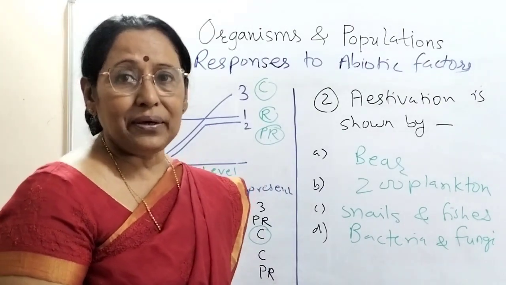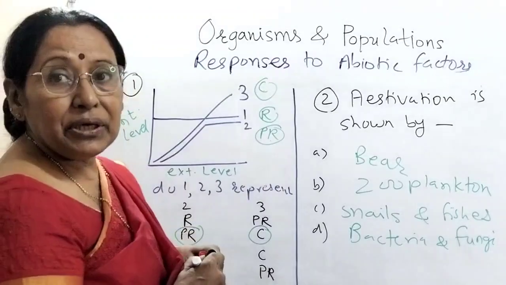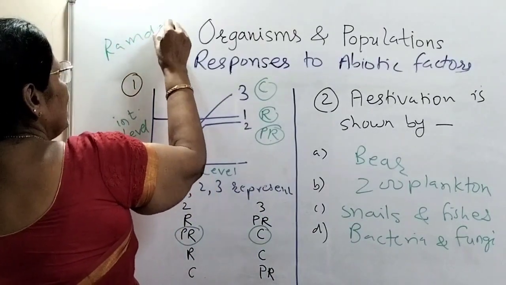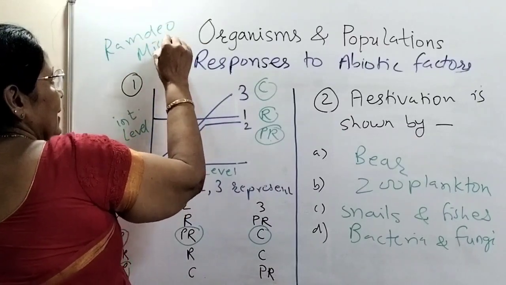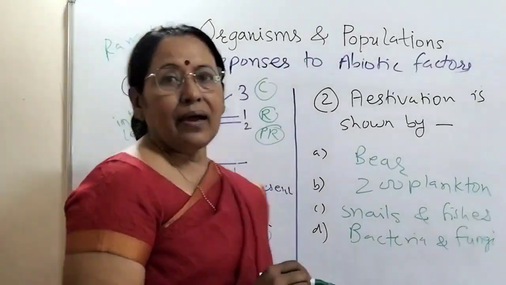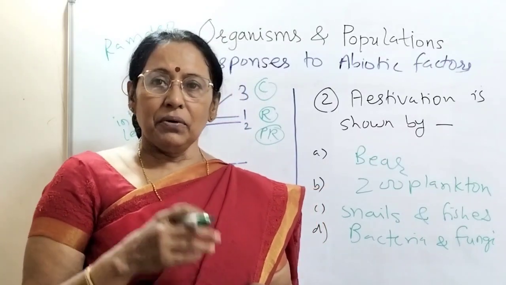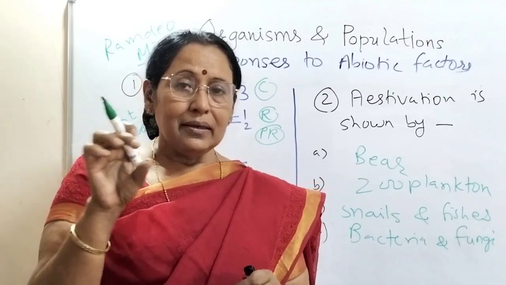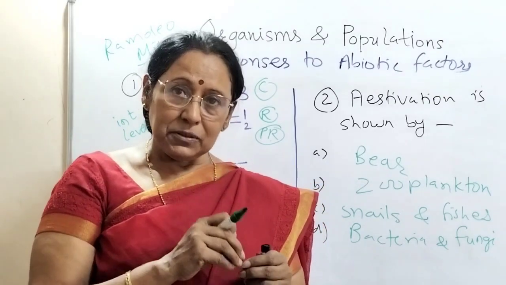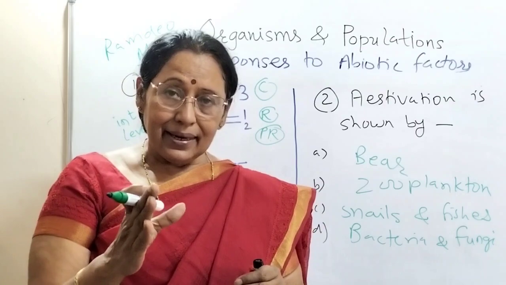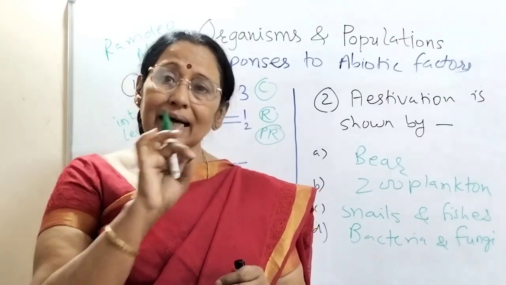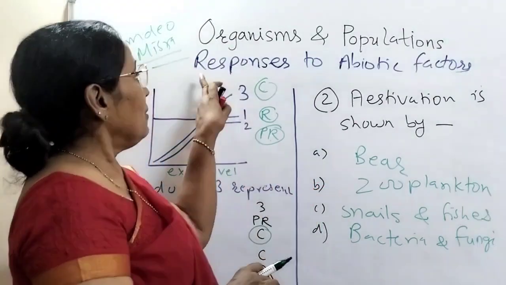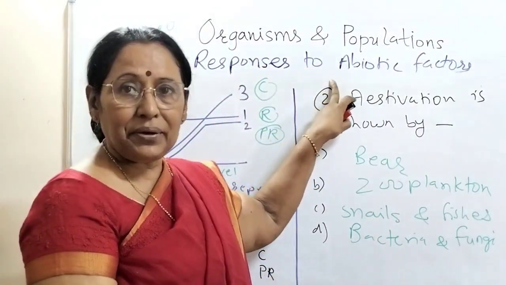In the beginning we discussed some MCQs. The father of ecology is Ramdev Misra, not Mishra, it is Ramdev Misra, right? And what is population? Population जहाँ पे आपको तीनों चीजें नहीं दिखेगी, it is the number of individuals of a species in a given area and in a given time. That one is selected.